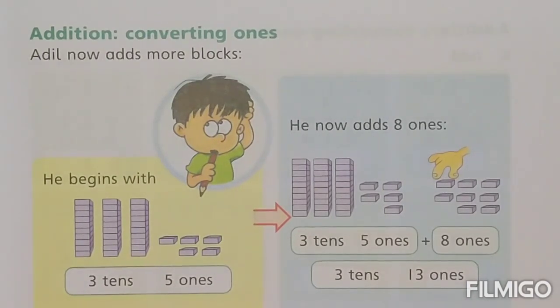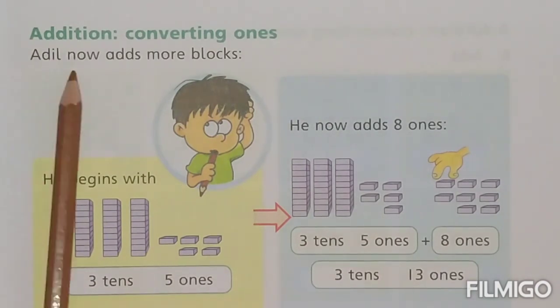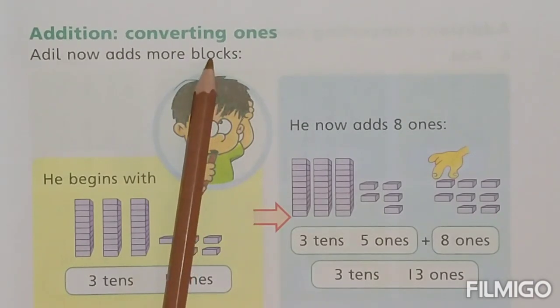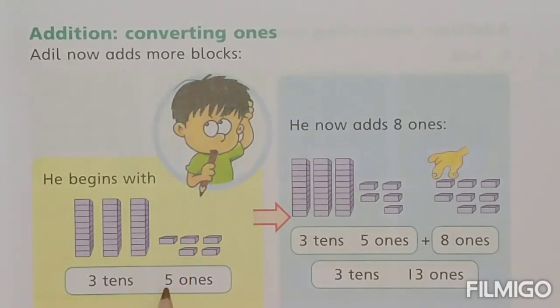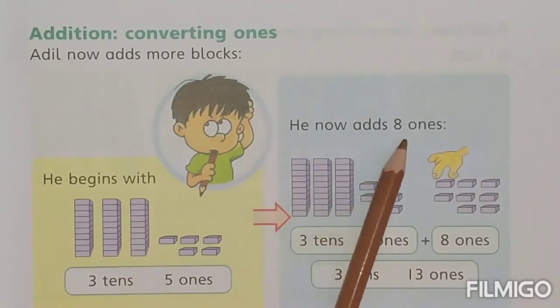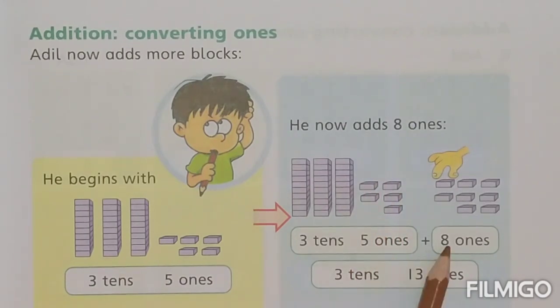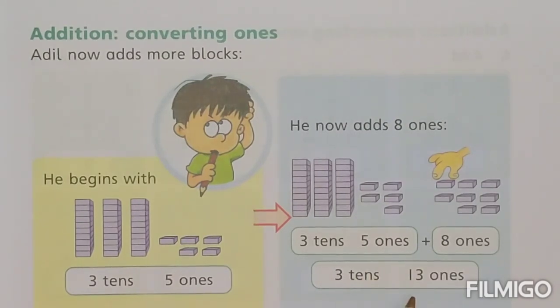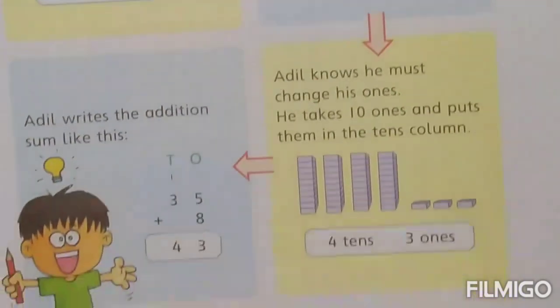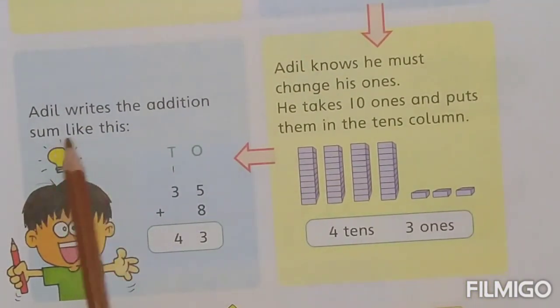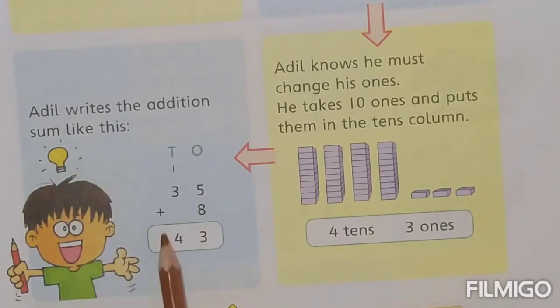Page number 29. Addition, converting ones. Adil now adds more blocks. He begins with 3 tens, 5 ones. He now adds 8 ones. When he adds 8 ones to 3 tens and 5 ones, he got 3 tens, 13 ones. 13 ones, he must change 13 ones into 1 tens and 3 ones. When he changes this, he got 4 tens and 3 ones. And Adil writes the addition sum like this: